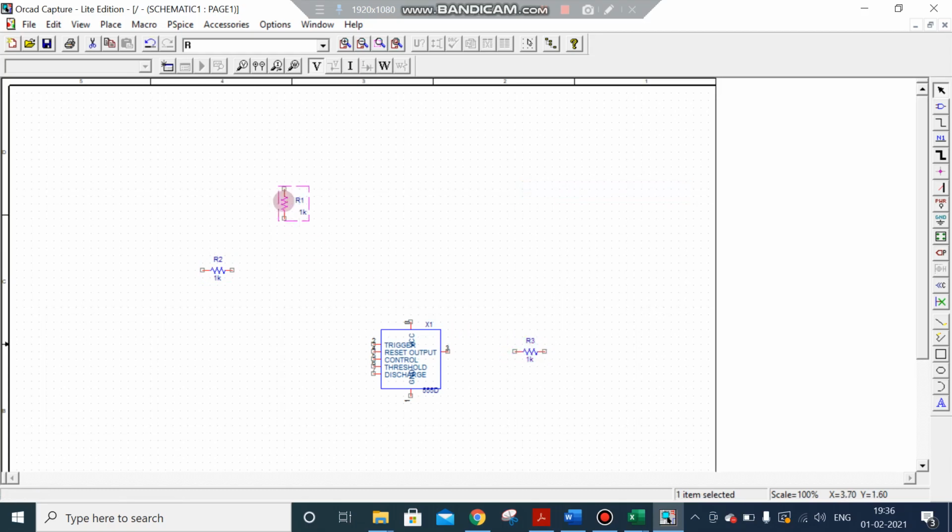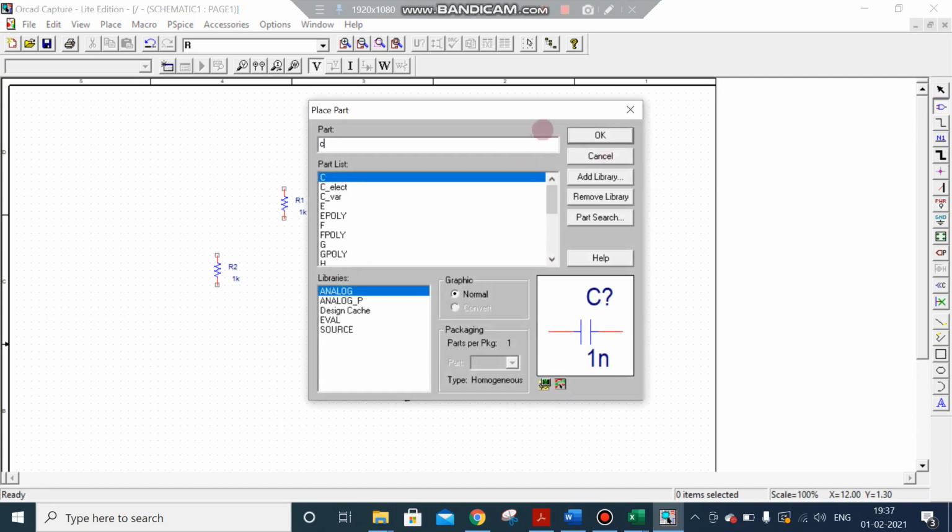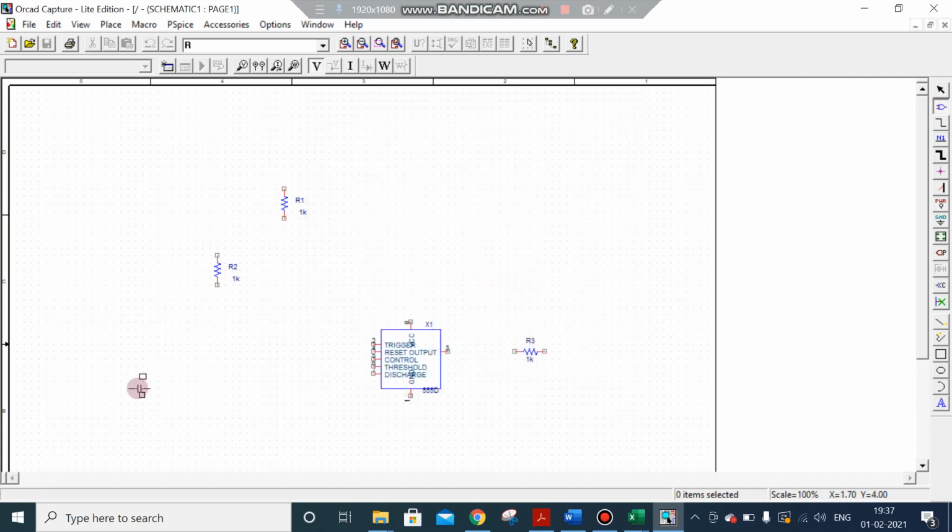This I need to rotate. Then 2 capacitors. And we need to rotate this.